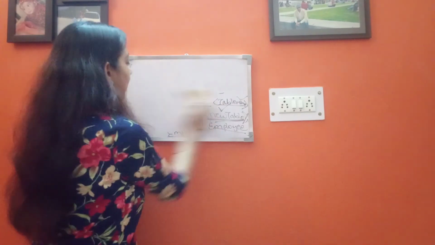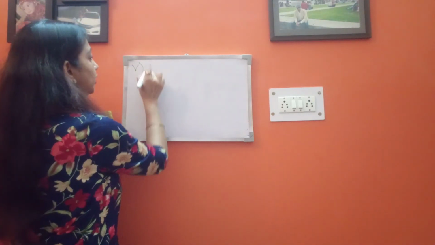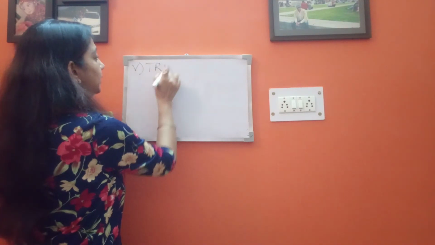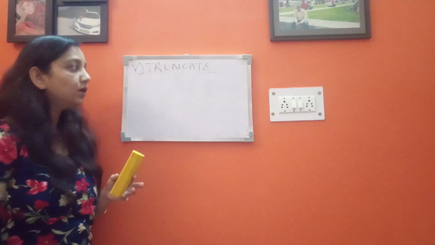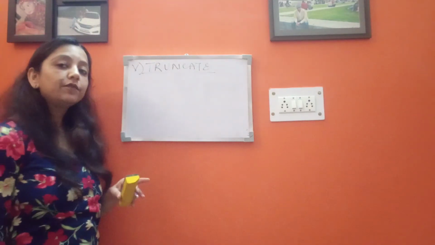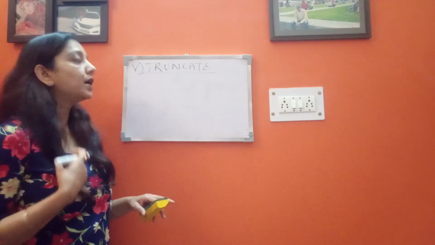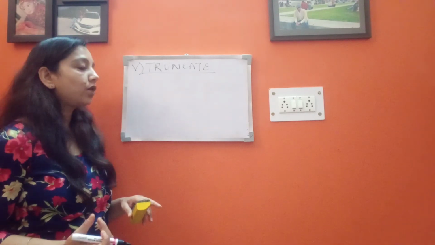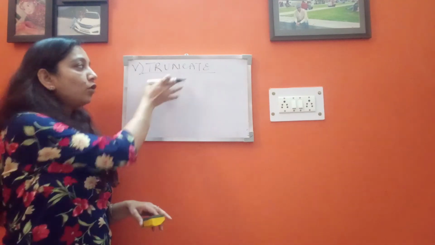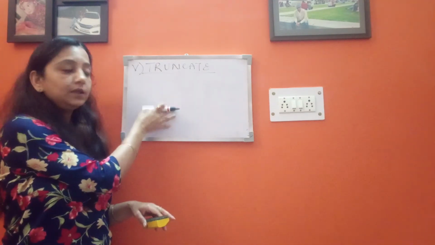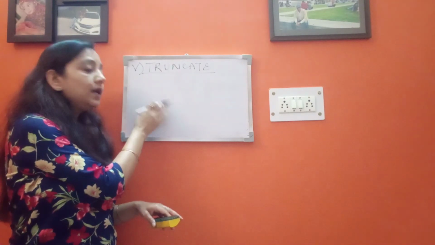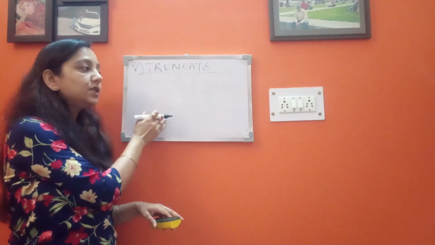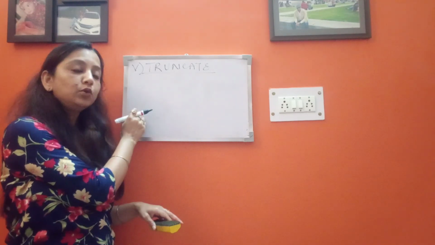Next is the truncate command. This is the last command of the DDL statements. The truncate command is used to permanently delete the rows of a database. Now you can say, what is the difference between the drop or truncate command? The difference is that using the delete or drop command, the changes are not permanent. If you want to restore the changes, you can do that. It's just like the delete command is like the recycle bin. When I delete something from my file, that is stored in the recycle bin, so that those changes are not permanent. I can always restore them back to their original files.